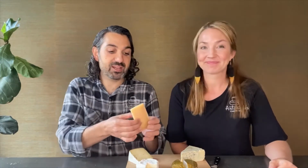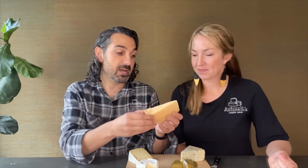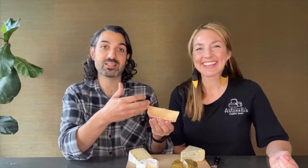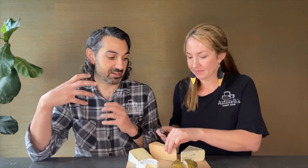All right. So now we're moving on to a Dutch Gouda. This is sheep's milk Dutch Gouda that uses a vegetable rennet, vegetarian rennet. Sheep's milk, again, we talked about it at the Kinderhook, but what's really cool about Ewephoria, about this style, is that Goudas are made in a way that presents as sweeter on your palate. And so not only does that sheep's milk present as really rich and velvety and luscious, but it also now, because of the recipe of the Gouda, it's going to come across as super sweet and caramel, it's butterscotch, like